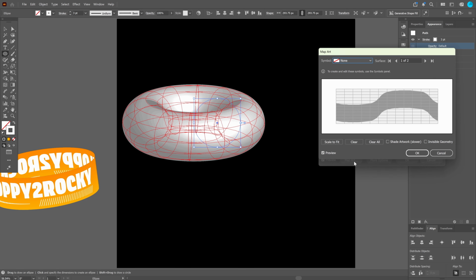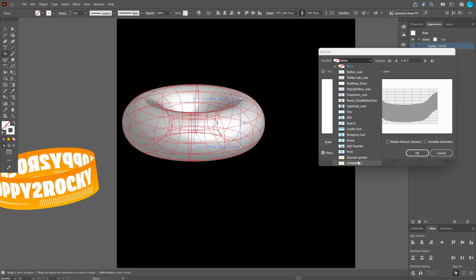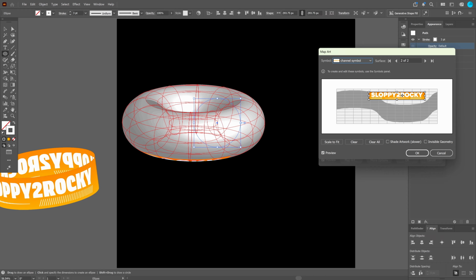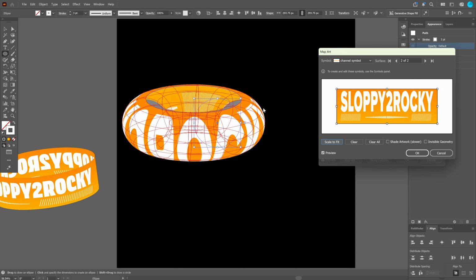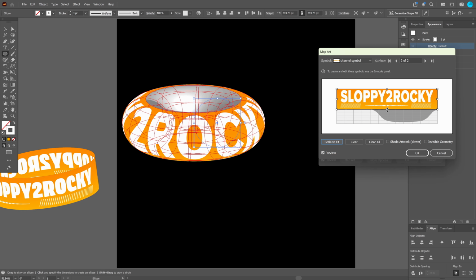I'm going to go in the map art, and there are two surfaces. The white area is the visible area, and the black area is the hidden area. So let's see what happens if we apply a symbol on this one. And as you can see, I'm going to scale it to fit, and that becomes a bit too much, so we can reduce it like this, and this makes it a nice surface and a kind of a donut